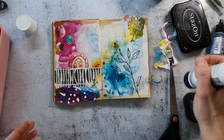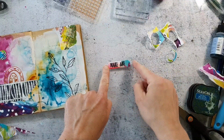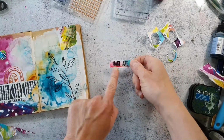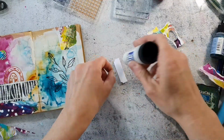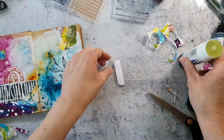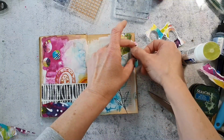I'm pretty happy with my page now. The only thing I want to add are some titles, and here I cut also from a leftover piece of paper such a tab, and I stamped it with Make Art. These stamps are also on the Mixed Media Marks clear stamp set,